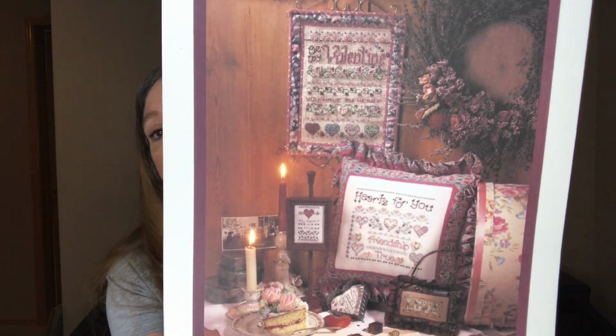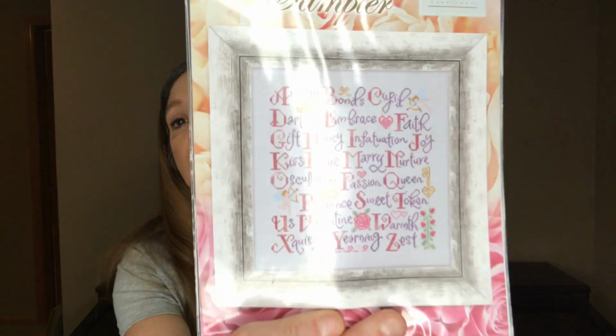But that's for $4 you get four designs. That's a good deal. The next one is Cottage Garden Samplings Valentine Sampler, and this is a modern word cloud